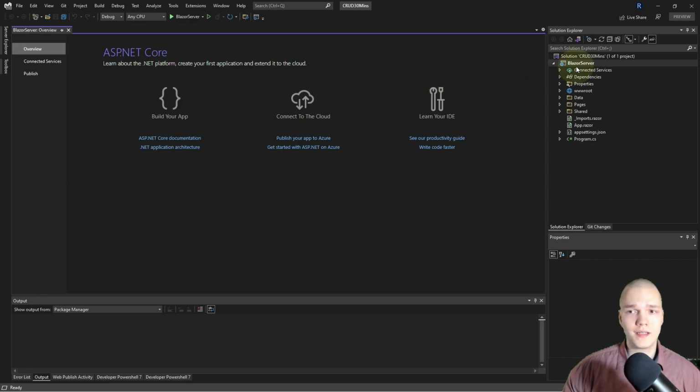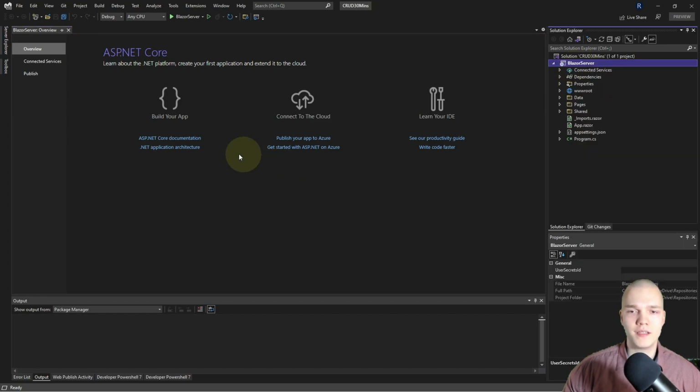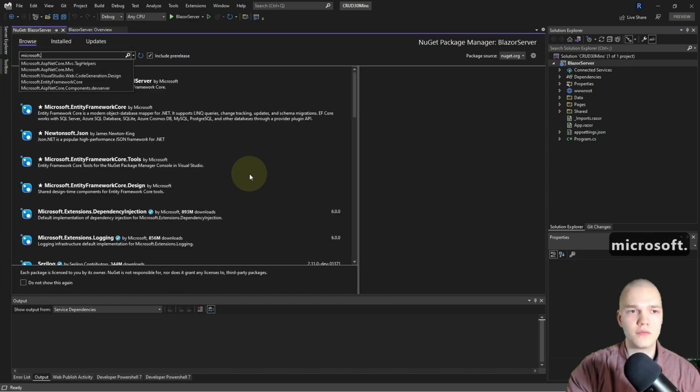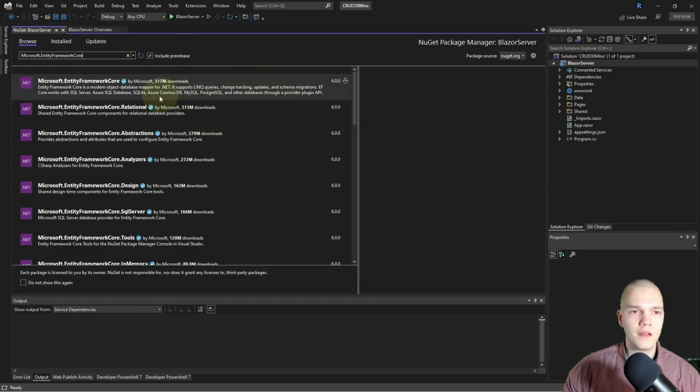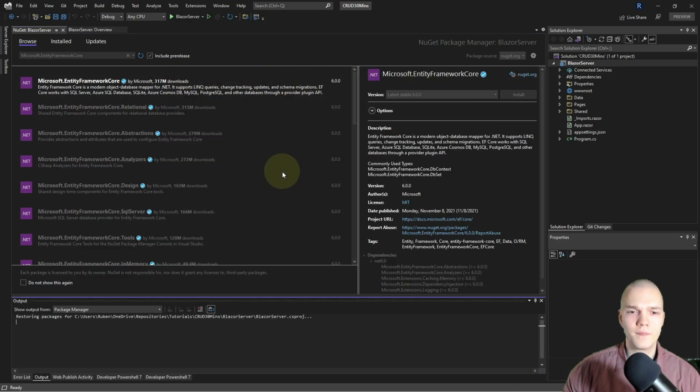So I'm gonna right click the Blazor server project and hit manage NuGet packages. And I'm gonna search for Microsoft.EntityFrameworkCore. And I'm gonna install the latest stable version. And I'll just hit accept.